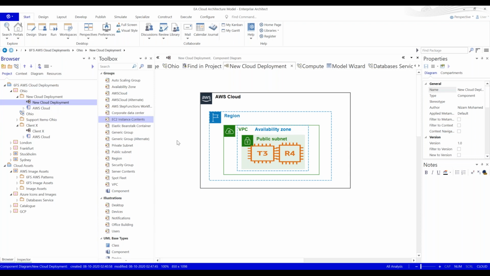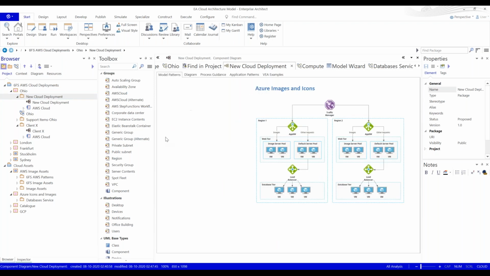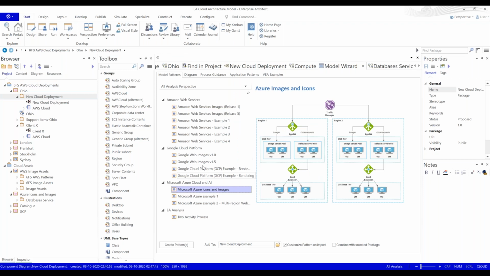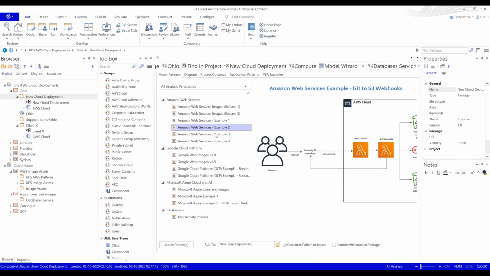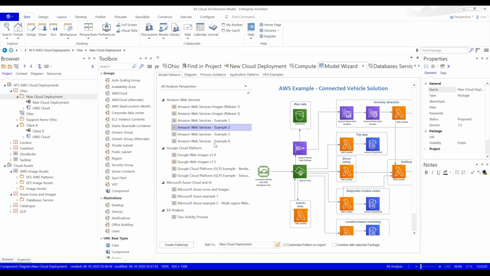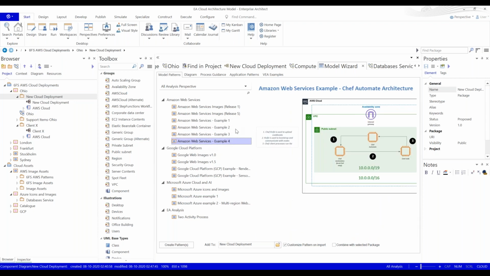So this is one option where I went and created all these manually, but you can also see that there are some predefined patterns that are given along with these MDGs. For example, there's this AWS services example 1 or example 2, which depicts different common scenarios. And if you want to start with something, you could just use these patterns and start. So I am selecting this AWS Web Services example 4, and you could even see what is available, and then say just create this